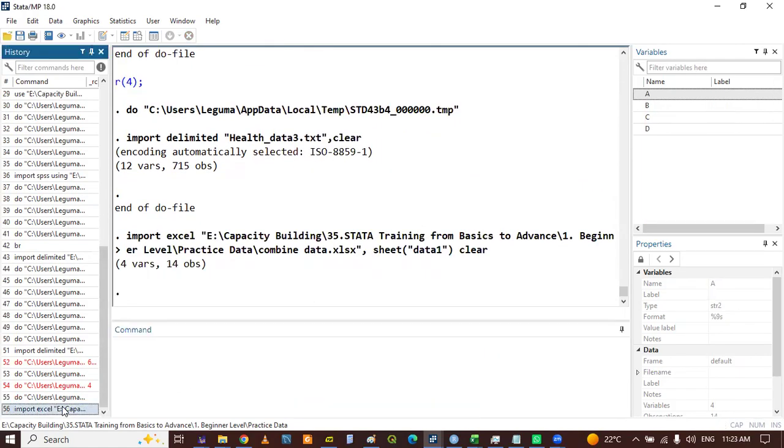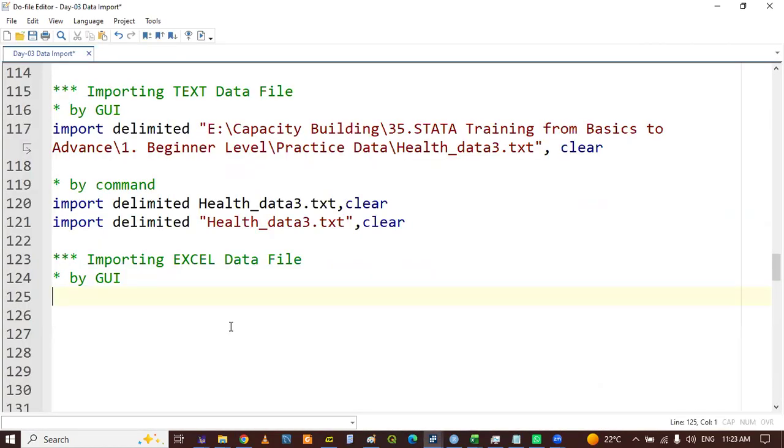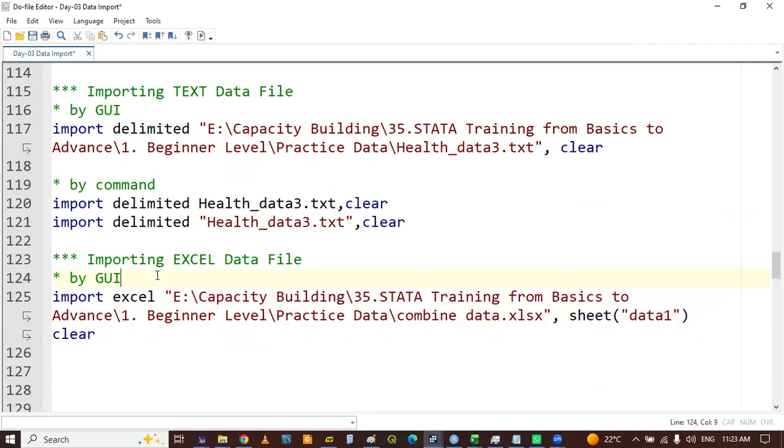I'll just say okay. Default, you're right, default is first sheet. That is the default. That's why you see here sheet 1. What if I wanted to open another